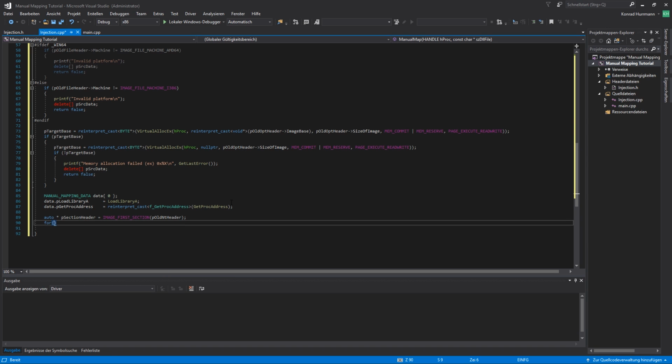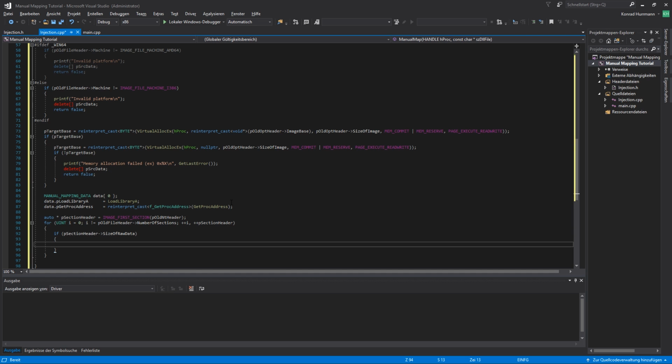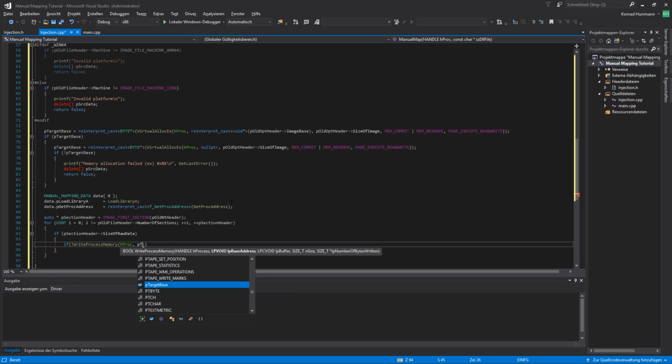So let's loop through all the sections: for UINT i = 0, i not equal to pOldFileHeader->NumberOfSections, plus plus i, and we also increment the section header to just go to the next section header. So if the section header has SizeOfRawData, then we have to copy it. Otherwise, we don't have to. If not WriteProcessMemory, hProc of course. Now we pass the target base, which we allocated here,